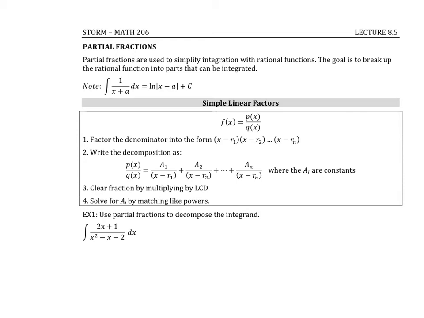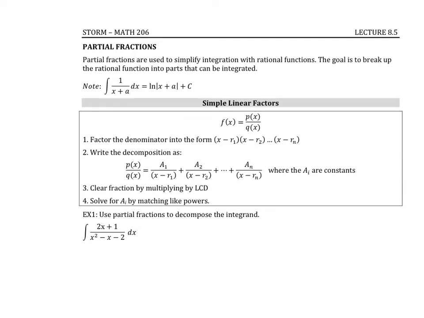Okay, so far we've looked at a bunch of different types of integrals. We looked at what happens when we have a product of functions, and we tried integration by parts. And then we looked at different types of trig integrals and also trig substitution. So in 8.5, what we're going to do is look at rational functions because we really haven't